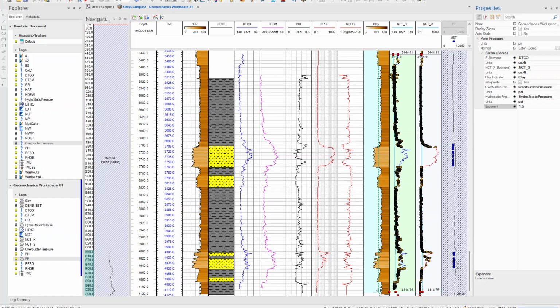We can see that these MDT control points are a bit low and the curve values are a bit high. So we go back to our previous interpretations. There's always going to be some interactive usage every time we change the threshold of the shales and when we change the normal compaction trend slope.